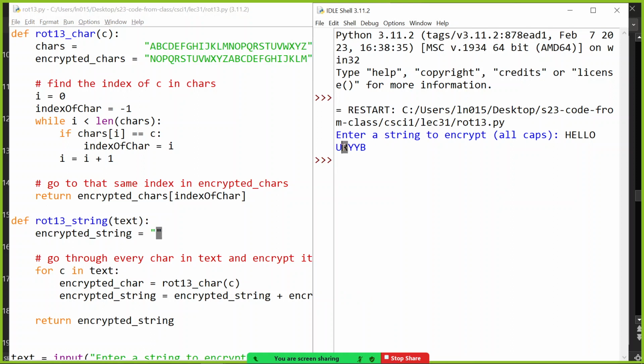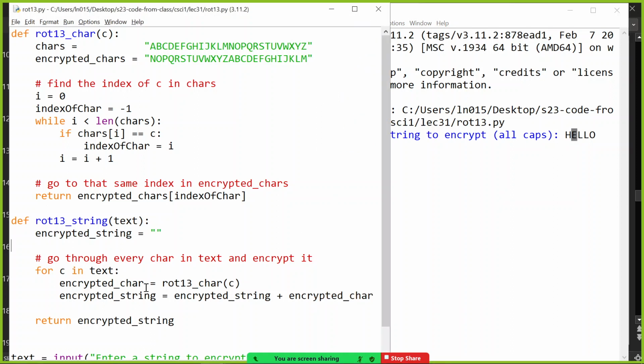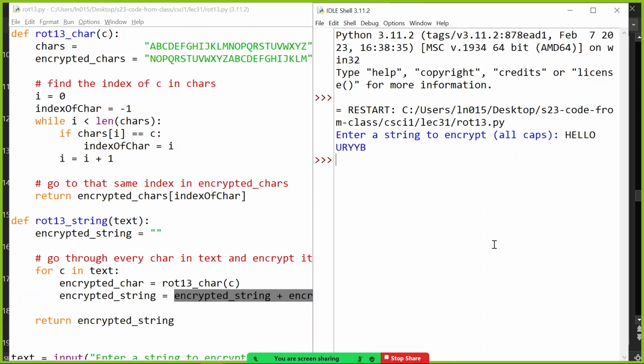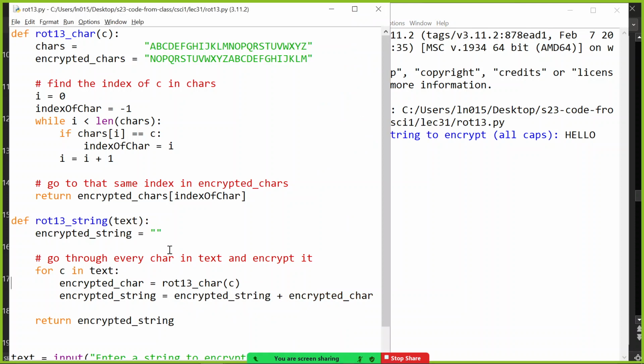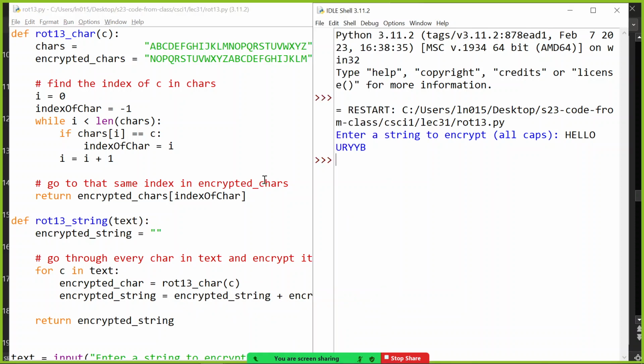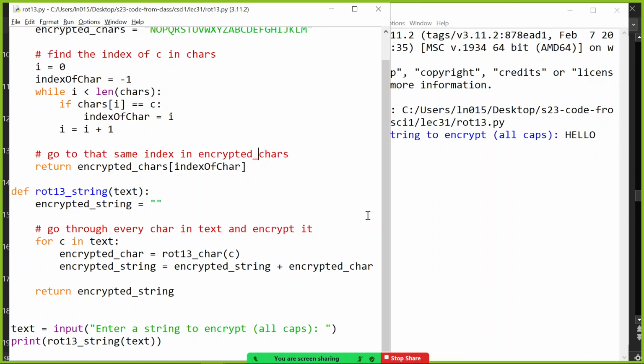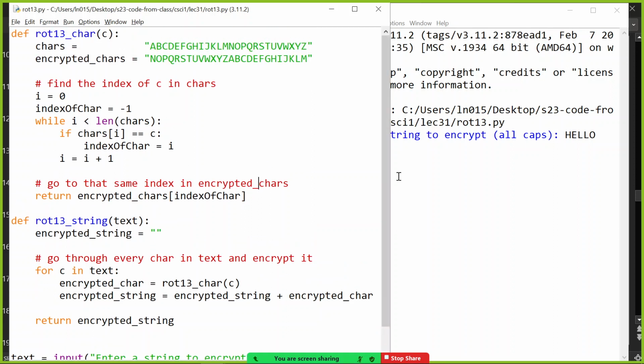And then it goes to the E character. It's got to go and encrypt the E. It goes and it figures out what is that encrypted for. All right, E goes to R. Returns that. Finds that index. Returns R and adds that to the end of the string, so now it's UR. And then it just keeps on adding to the end, just like that. So that is encryption in a nutshell. It's a nice example of functions, I think. Any questions about this one?